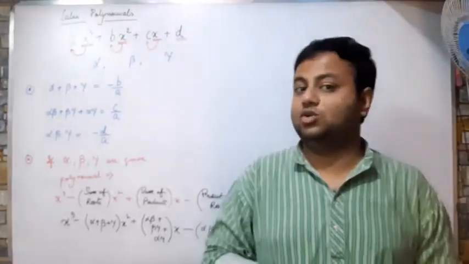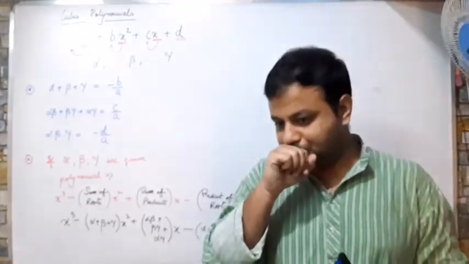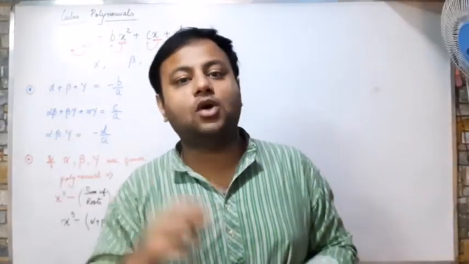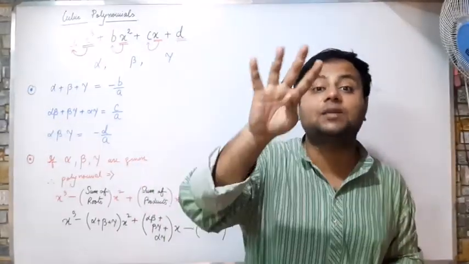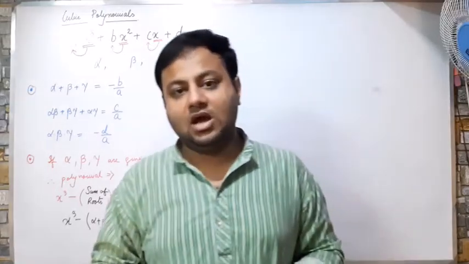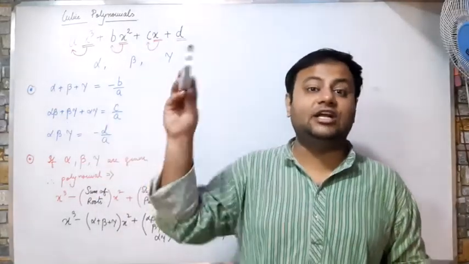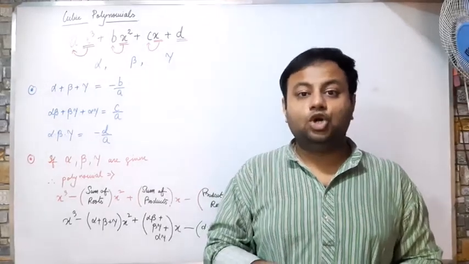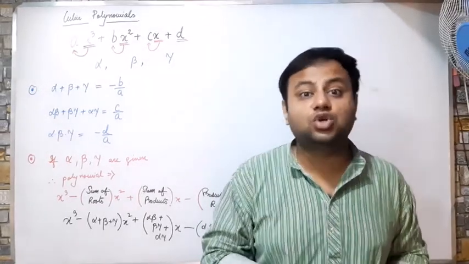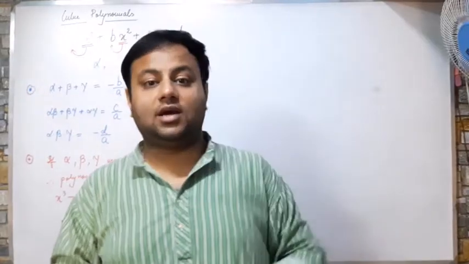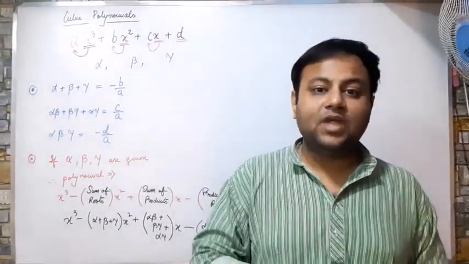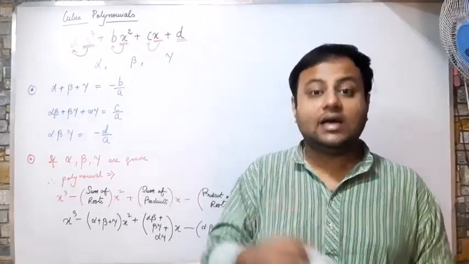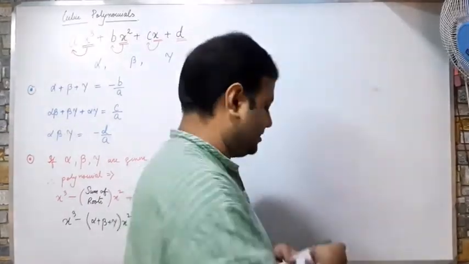What type of question do they give from this? You will be given a cubic or a biquadratic equation. Biquadratic means इसका 4 पावर होता है, डिग्री 4. Either डिग्री 3 देगा या फिर डिग्री 4 देगा. And then you will be asked to find the roots of it. तुमको रूट्स निकालना बोलेगा. एक आध रूट्स दे देगा and then you will be asked to find the other roots. Other roots निकाल के दिखाइए. कैसे? Let me tell you by an example.